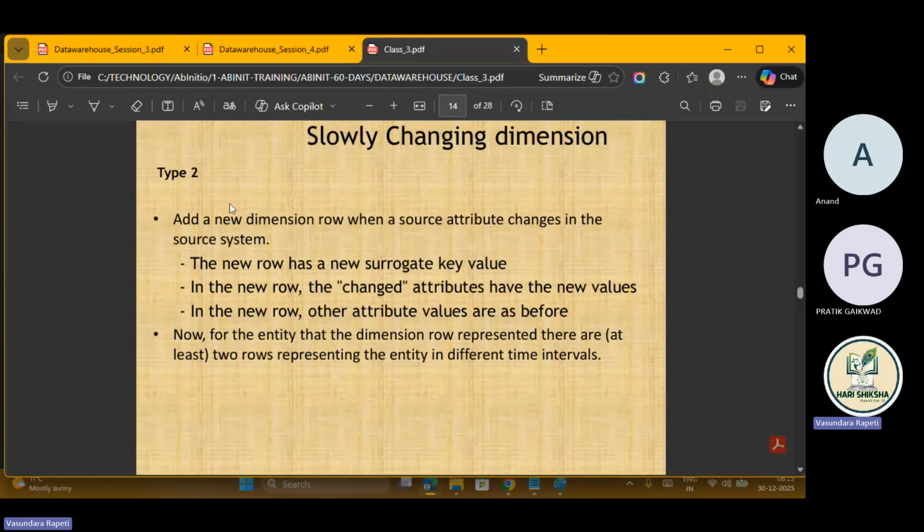Mainly in companies, if an employee is working, then for employee data they maintain the history also. Like the employee was staying earlier in that location or working in that location, and then he shifted to this location. So for those kinds of columns, they maintain SCD2 relations. So add a new dimension row when a source attribute changes in the source system. The new row has